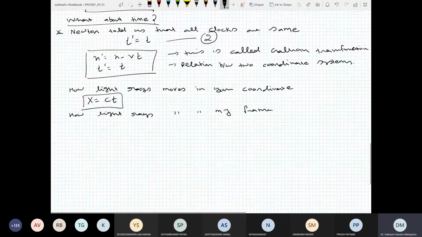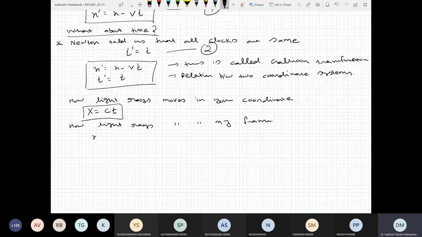So in my frame, x prime is x minus vt. What is x? X you have given me, x is ct. Sorry, x minus vt, I'm moving with velocity v. Okay, c is the velocity of light, and v is my velocity. Minus vt, this is what? c minus v times t. So this implies, according to me,